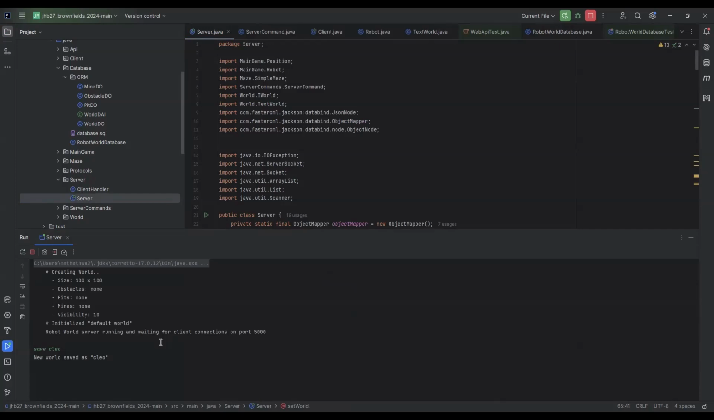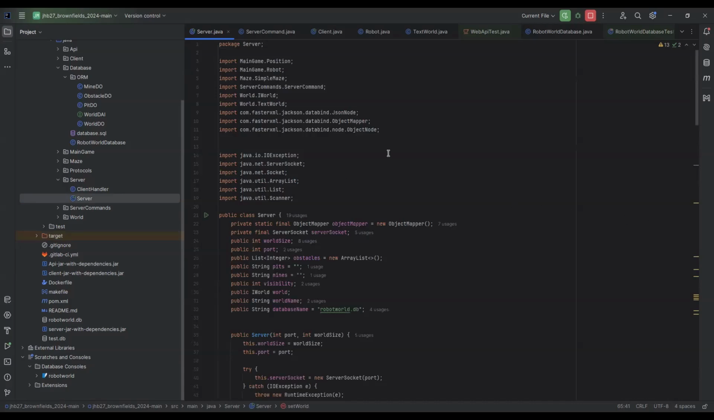The world has been saved as clear. So we also have to jump into naming conventions. Another critical aspect of the project is the use of clear and purposeful naming conventions. Good naming practices make the code more understandable and maintainable, which is particularly important in a project